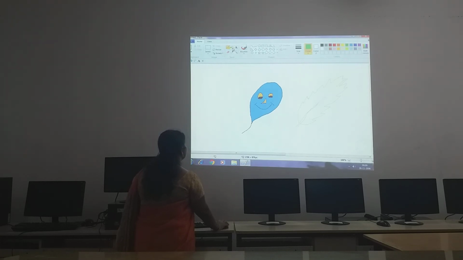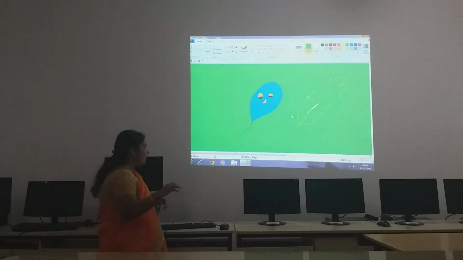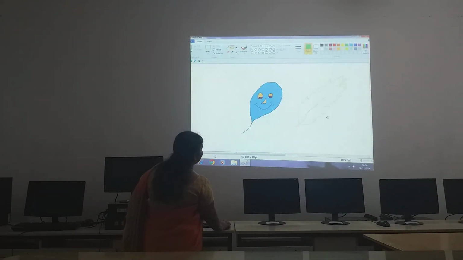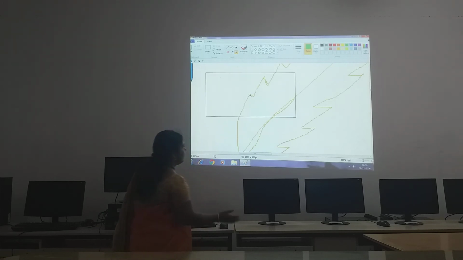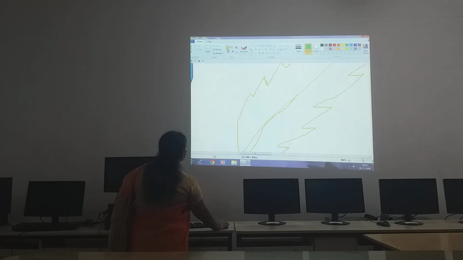For that, select the fill with color tool. Select the green color using your mouse. Then pour over here, children. See, as it is not closed, the color has gone out of the line. So we will undo it. See, undo it, and then we have to close it, children. Otherwise, we will not know where it is not closed. See, this place I am showing over here. This place is not closed, so that's why the color has come out. So this one we have to close, children.